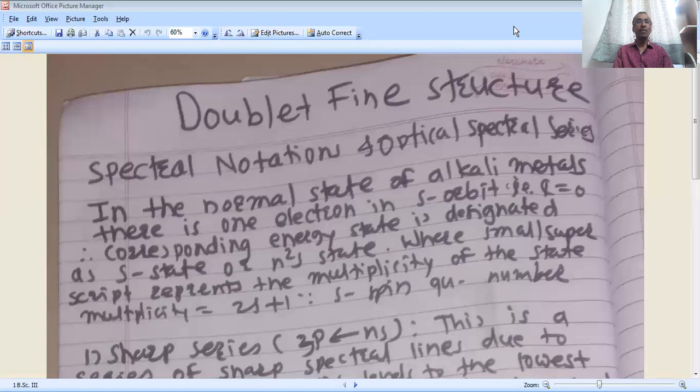In this case, there is only one electron. Therefore, 2 into 1 half plus 1. The 2 and the denominator vanish and only 1 plus 1 remains. Therefore, the multiplicity of this 11th electron is n 2S, multiplicity equal to 2. Therefore, superscript 2 is there. Then what is remaining? n is the principal quantum number. And why S? Because the 11th electron is present in the first subshell, that is for L equal to 0. The name of the subshell is S, therefore there is S. Understood, my friends? Now we are going to see further.